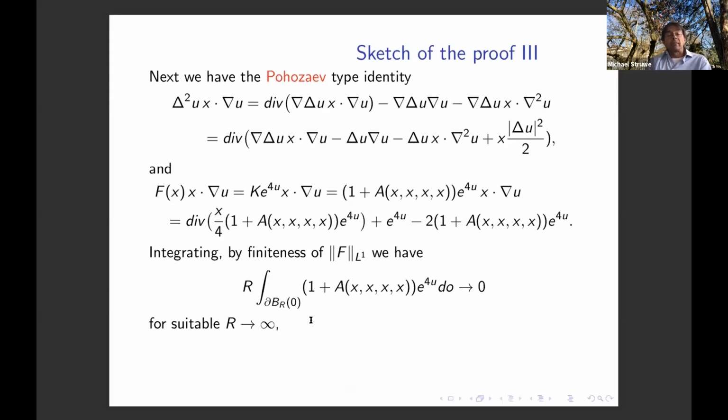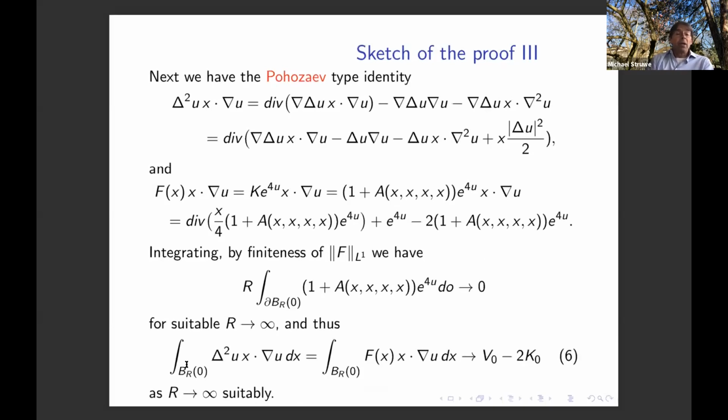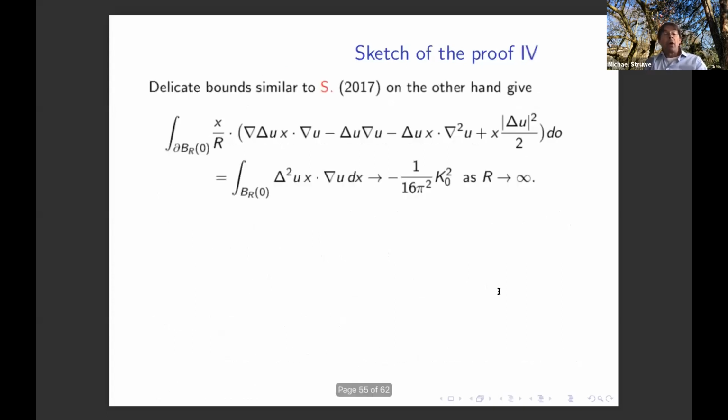infinity. And therefore, for suitable r tending to infinity, also the integral of the left-hand side over ball BR, which is equal to the integral of the right-hand side over the ball BR, will tend to the limit V0, which is the integral of e to the 4u, minus 2k0, which is the integral of this term. All right, so we're almost done,